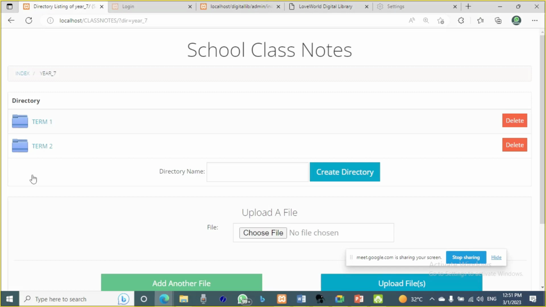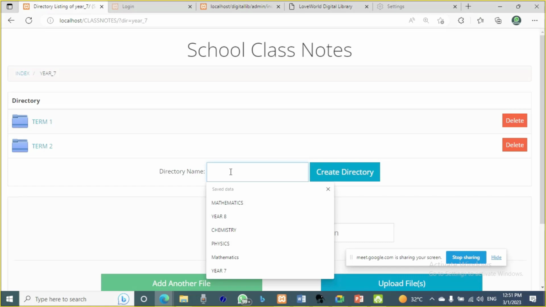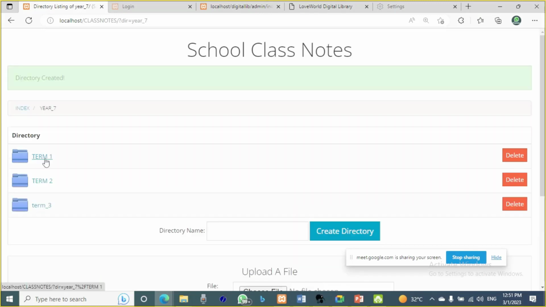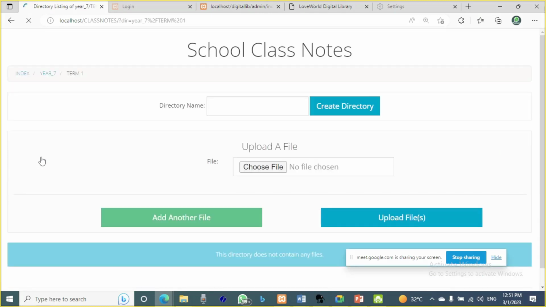So for instance, this is term 1, I can add term 2 here. I'm in year 7 right now, so I can add term 2, term 3. I already have term 1 and 2 there, so I can add my term 3. So I can open term 1 for instance, okay, and then I want to add a file to term 1